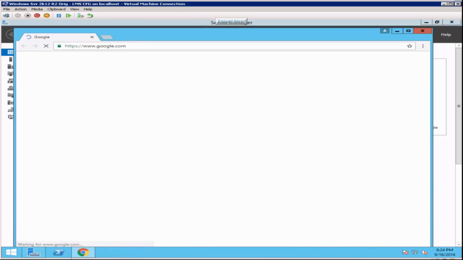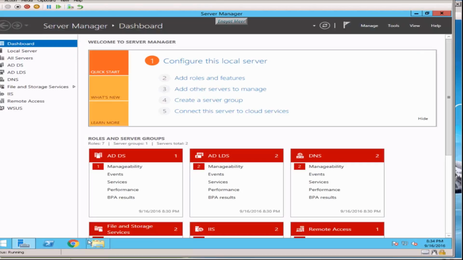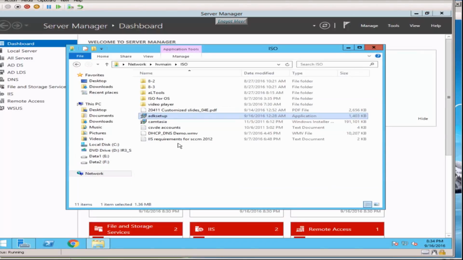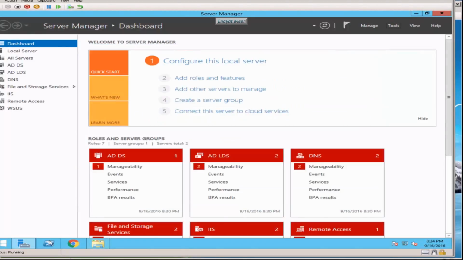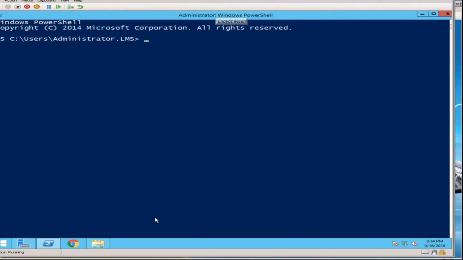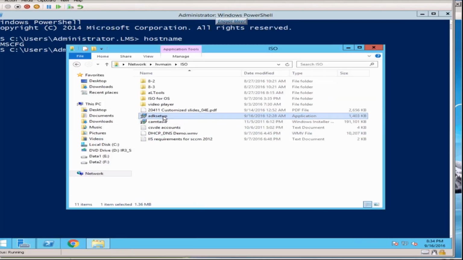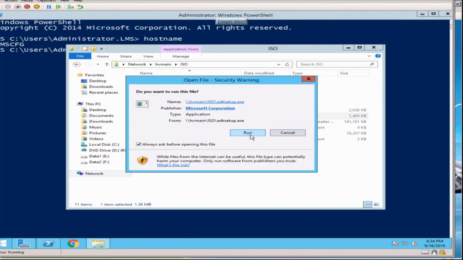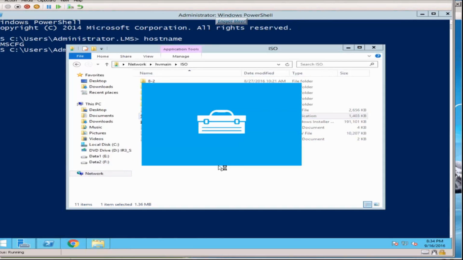You also need to have ADK. So let's see the host name one more time. Make sure you are on the Configuration Manager server, because we are running 3 servers at this time. Here I have already downloaded ADK for Windows 8.1.